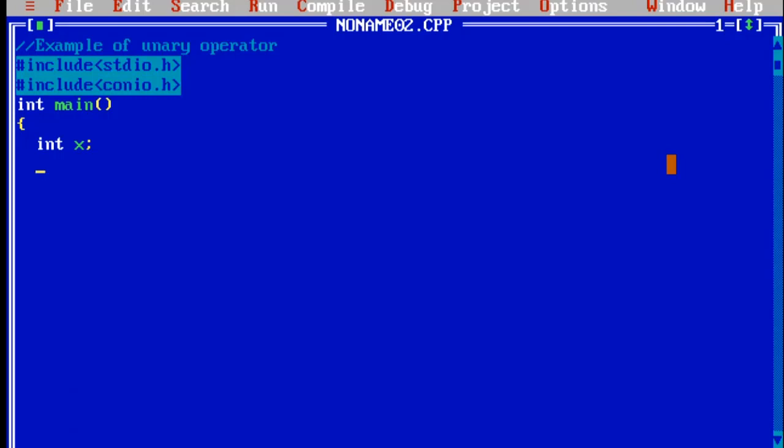In x, I'm assigning 10, then clrscr. So 10 is assigned to the x variable.